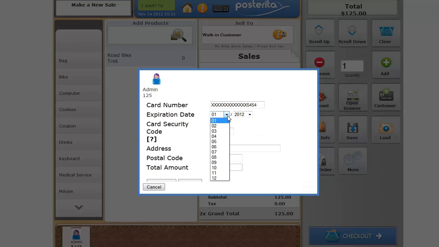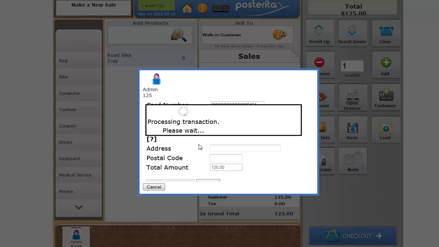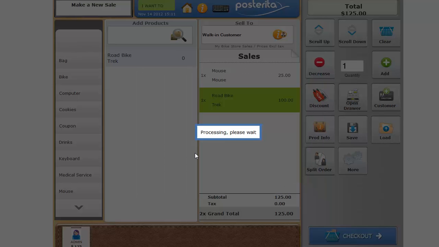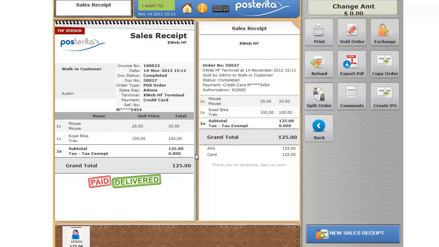So in this case, I'm just going to go ahead and enter my information here, and I actually have a payment processor test account just set up in here to show you how this works. And then I'm going to go ahead and hit Process. And it shows you that the sales receipt was, the transaction was successful on that credit card. So that's basically how credit card processing works when we have an integrated payment